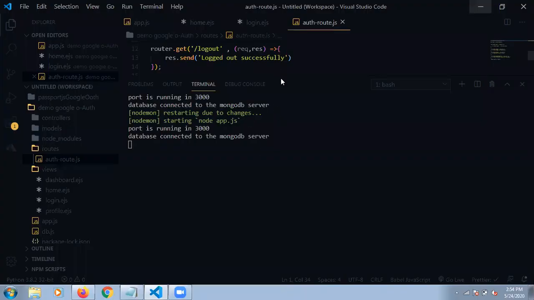So we are now going to implement some CSS here. We are changing some color. See, whenever I click on the home page, it will connect to the home page. Whenever I click on the login page, it will connect to the login page. Whenever I click on the logout page, it shows logged out successfully too. And whenever I connect to the profile, because I did not create the profile, it shows cannot get profile. So this is the main part. I am now making some CSS.